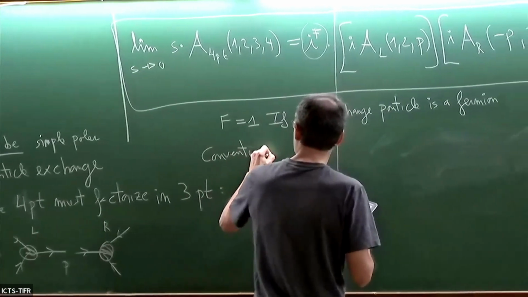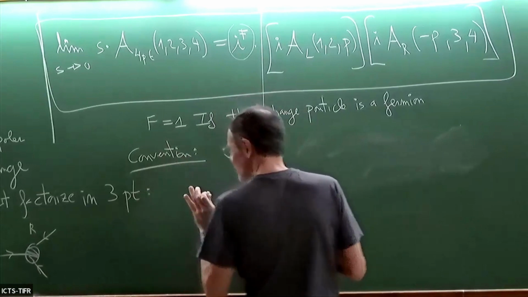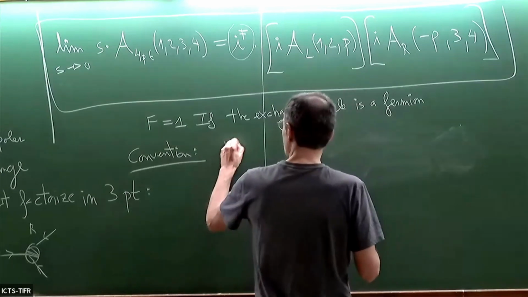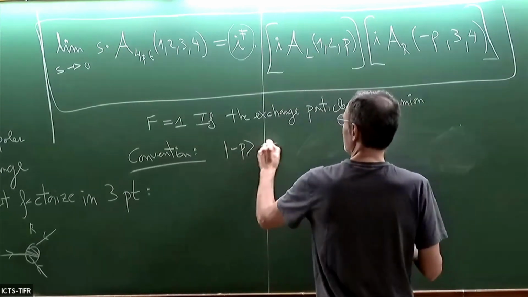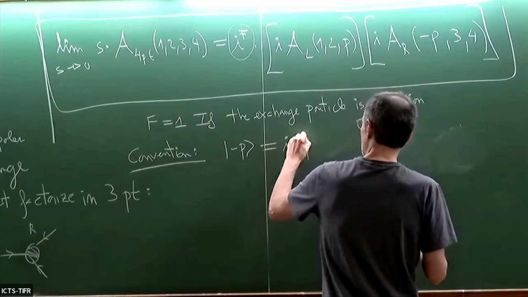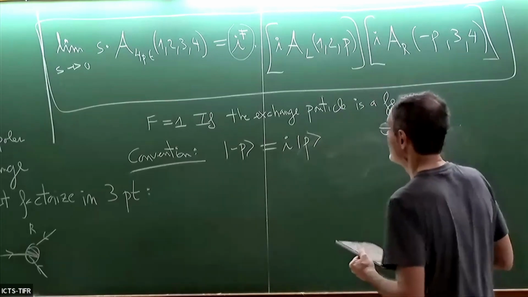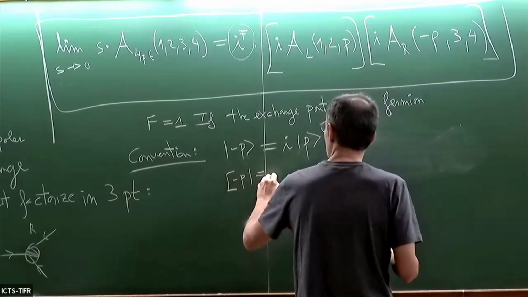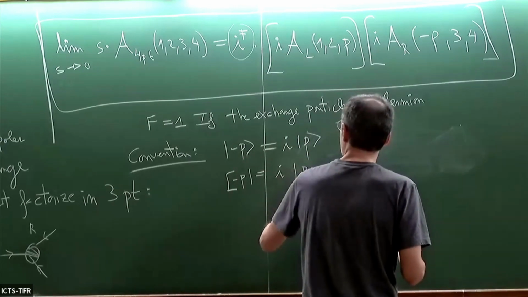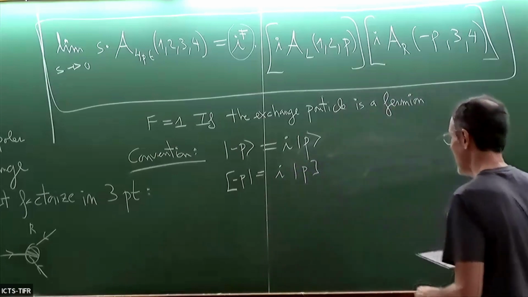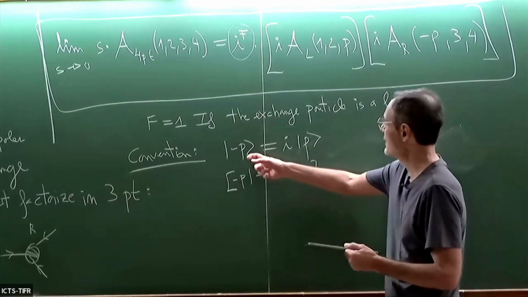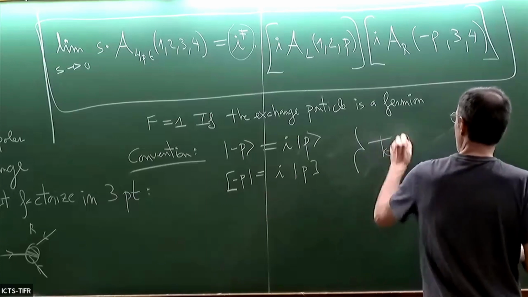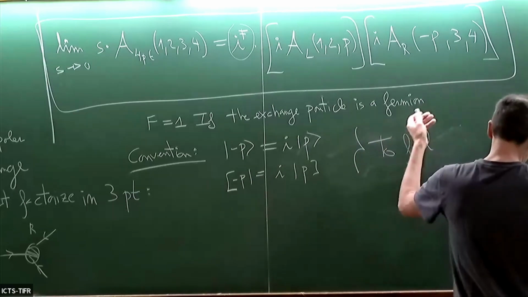I will not be very strong on convention, because convention matters when you need to do exact calculations and get the precise things. When the spinor has minus P, I write it like this. It can be shown, by convention, that I can do that with either angle or square spinors and get an i. There are different conventions. Some people say that the angles don't change and the square ones change. What is important, the important thing is to fulfill